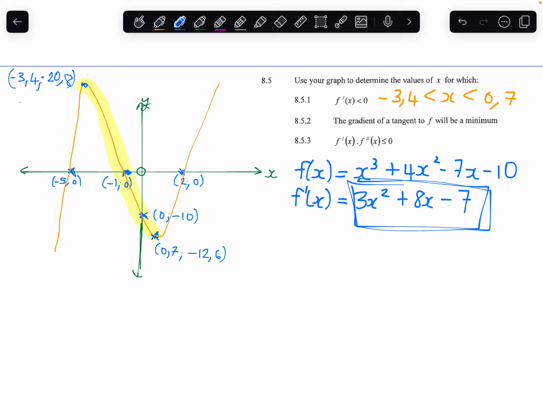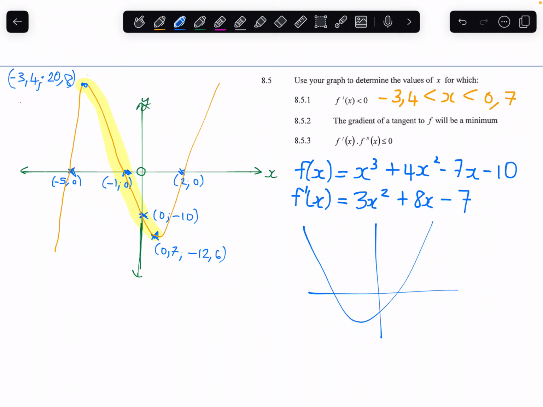So if we were to visualize the graph of f prime x, it's a parabola, and I'm not really sure how to sketch it, but at the very least I know that it's a concave up parabola, right? And we can see, okay, when the x values are here, we're getting